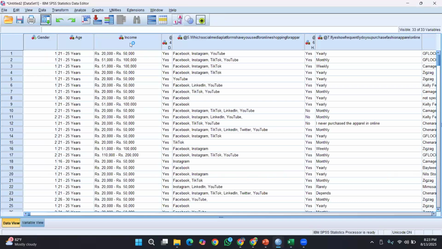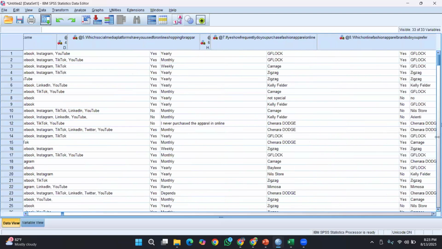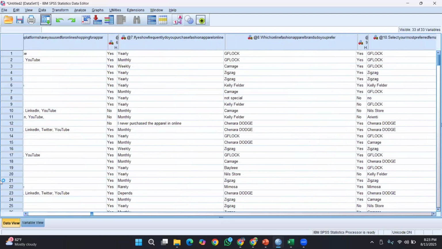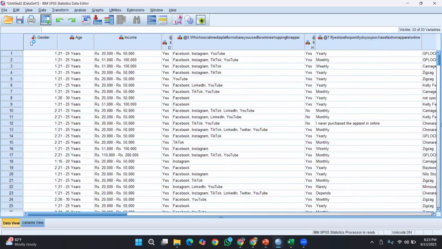Right? Now you can see the data have been pasted here without any problem, whereas you can start analyzing if you wish to do so as it is. But you know that there are many changes to be done which you have to apply in the variable view.